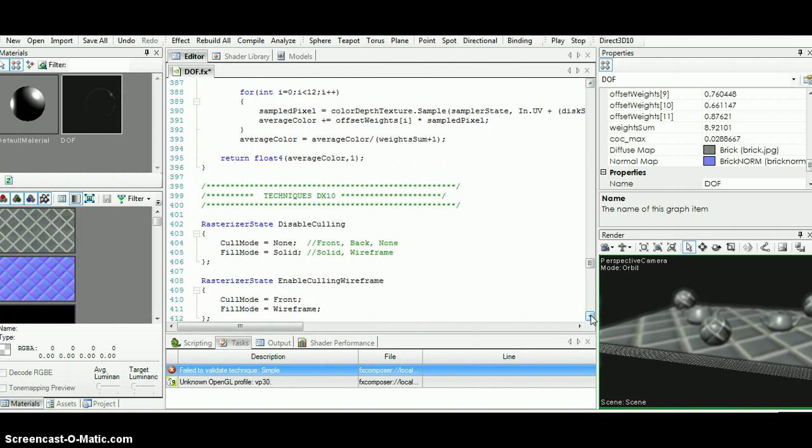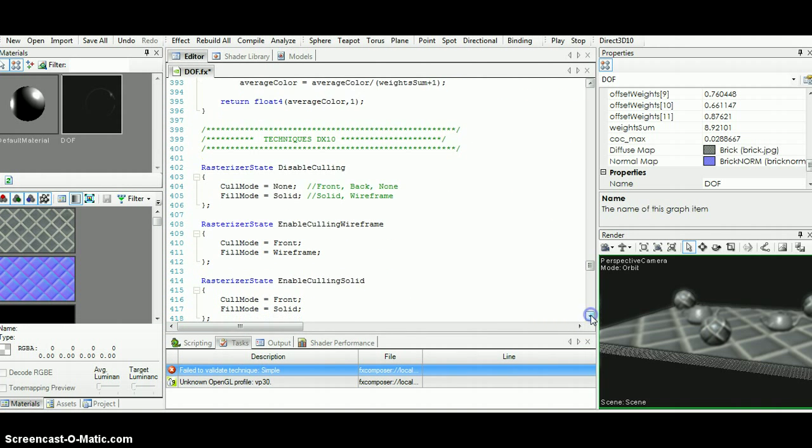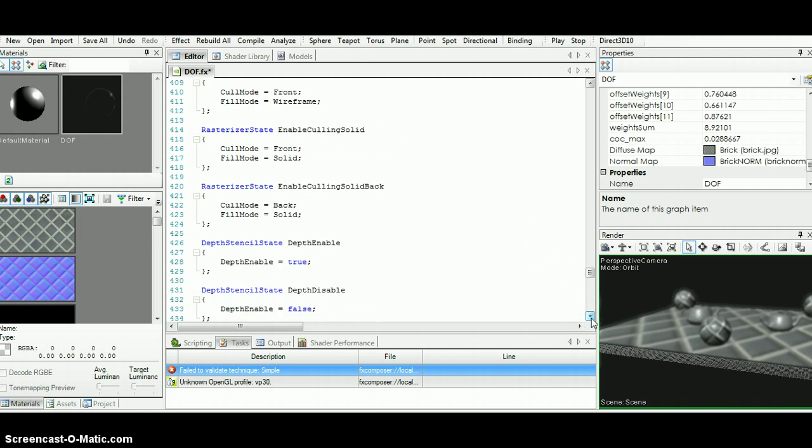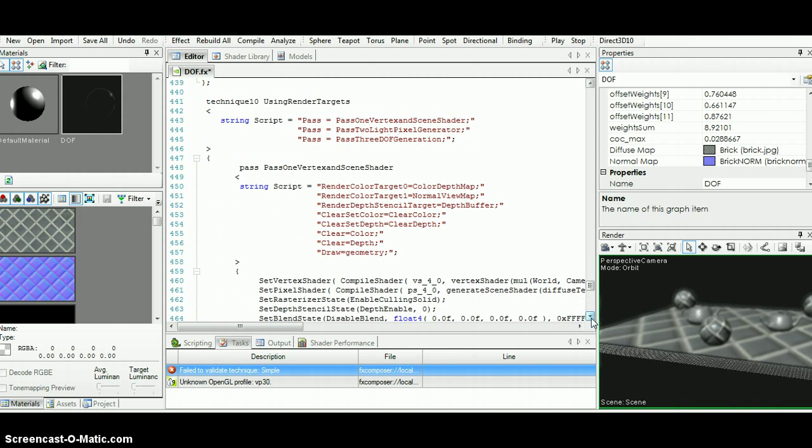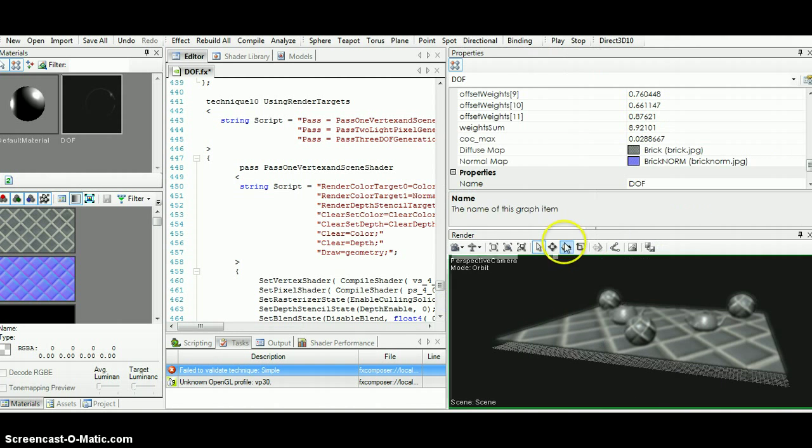That's pretty much what our passes were, and this is all the technique that we have. And down here we have the technique which uses the render target and the passes. So pass 1 was about vertex and scene shader, pass 2 was light, and then pass 3 was depth of field. Now if we move over to here and I make this bigger,